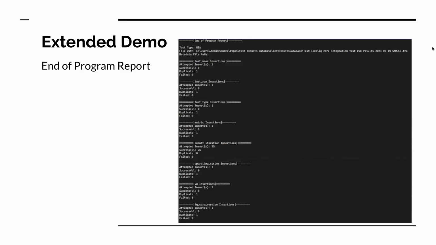This is also just a snippet, since the file is too large to capture it all. At the top, you can see test type UIA, and the file path, at least in this case, the TRX. As it's a UIA, there's no meta file, so it is left blank. For example, the test user table has had one attempted insert and it was a duplicate. Then, more notably, halfway down the screen, you can see